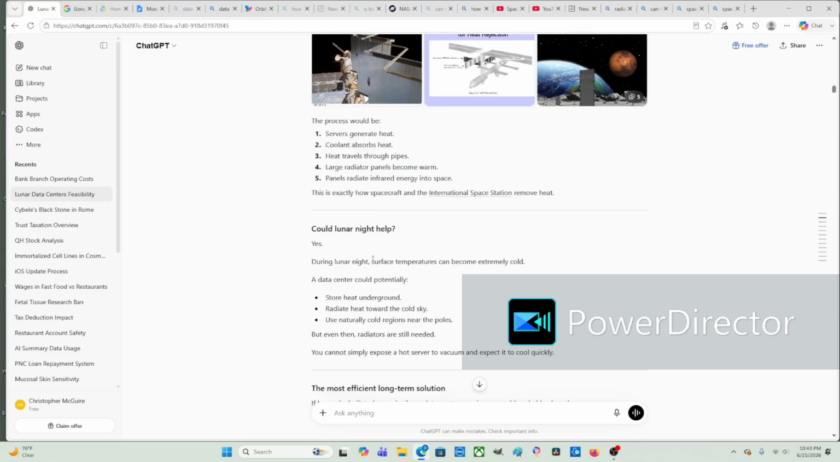Besides that point, could lunar night, negative 150 degrees Fahrenheit, help in cooling down the hot components? Yes, during lunar night, surface temperatures can become extremely cold. A data center could potentially store heat underground, radiate heat towards the cold sky,